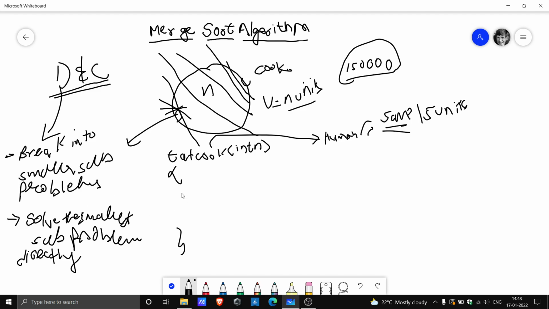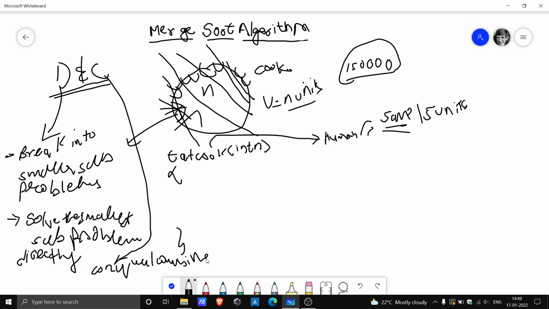Then after solving the smallest sub problems, let's say this is our cookie right over here. We divided it into a lot of smaller cookies. Now comes the part where we start eating the cookies. This is called the conquering step or the combine step, where all these smallest sub problems or smallest cookie pieces are eaten or combined.